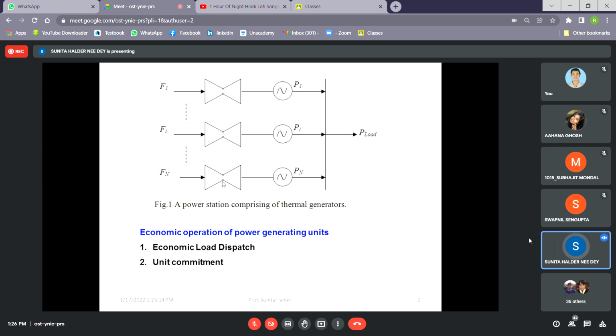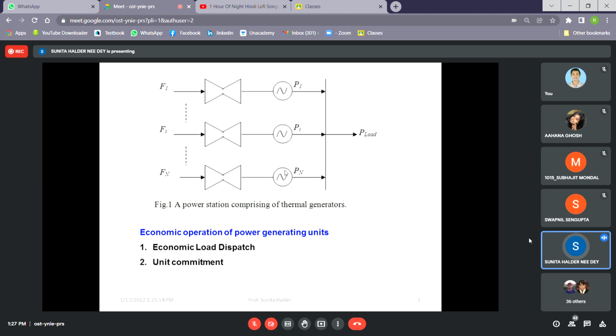So for that reason, the economic, where if there be n number of generators, say in a power plant, say in the Kolaghat thermal power plant or any plant, when there is n number of generators and it is supplying a load, say P load, then how will this load be shared by each generator, because each generator will generate power depending on the load. So ideally, if we think mathematically, then if there are n number of generators, total load is P load, then so obviously the load per generator will be P load by n, is not it?